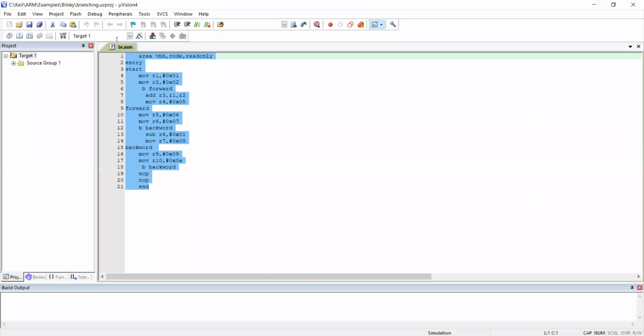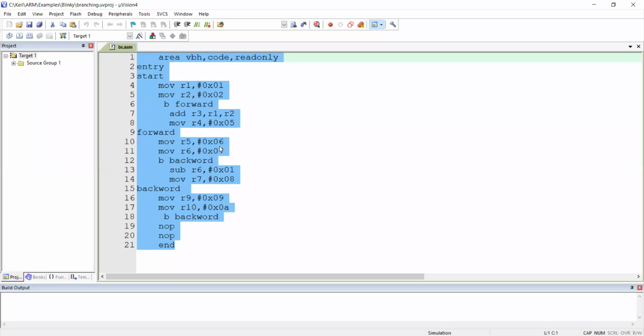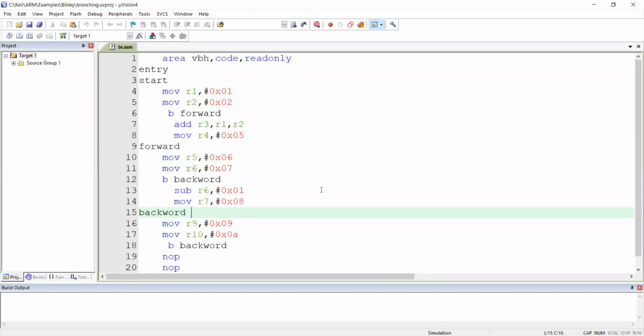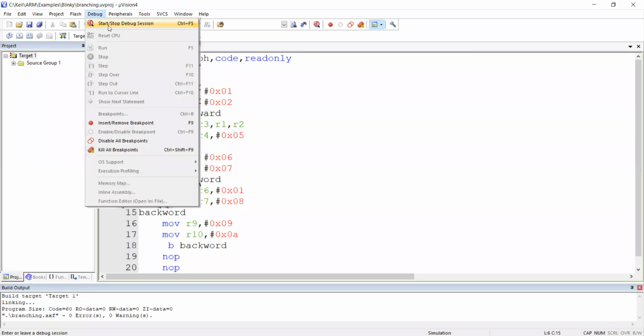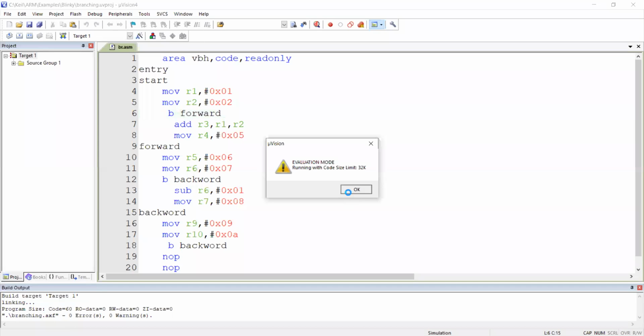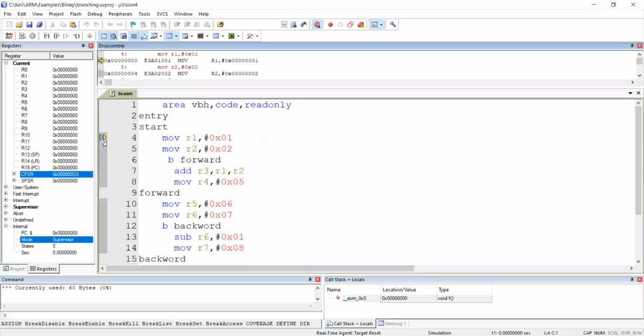So let's see how the branch instruction will work. I have a program here. I have typed AREA, then MOVE. Don't worry about any of the values. When I go for execution, please concentrate on how the program counter, that yellow triangle, keeps moving. Where is that PC now? 4th line. Generally, our expectation is 4th line to 5th, 5th to 6th, 6th to 7th, 7th to 8th, like that.